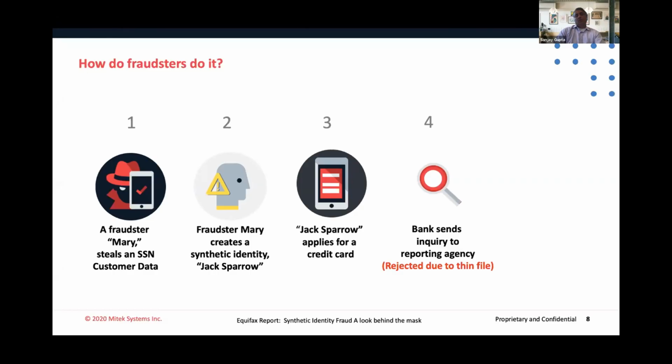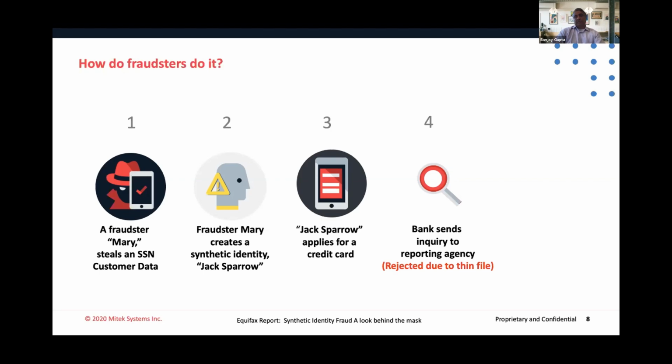And what happens here is very interesting, is that they get rejected. They don't get rejected because this is a synthetic ID, a false ID. No, they get rejected because this unique combination of the social security number with maybe a modified digit and this new synthetic ID has never been seen before in the system.